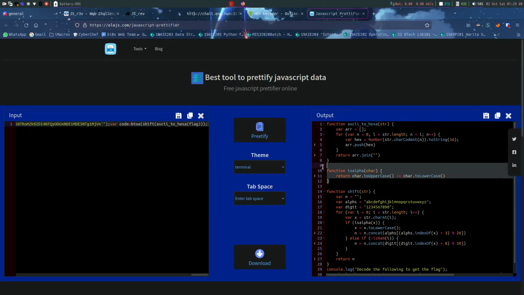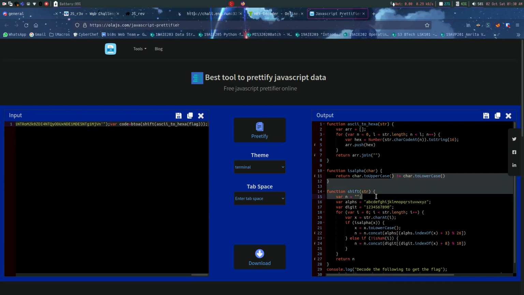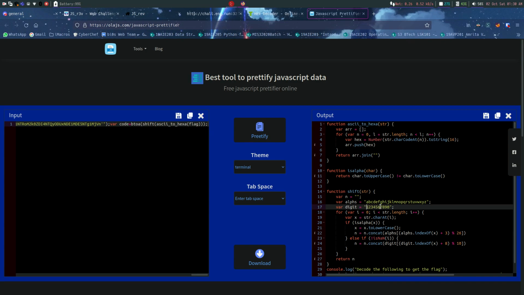Then there is is_alpha. It checks whether char.toUpperCase() is not equal to char.toLowerCase(). Only letters have uppercase not equal to lowercase. Digits 1, 2, 3 don't have uppercase and lowercase, so they will be equal. If we call this on any letter, it will return true, as the uppercase is not equal to lowercase.